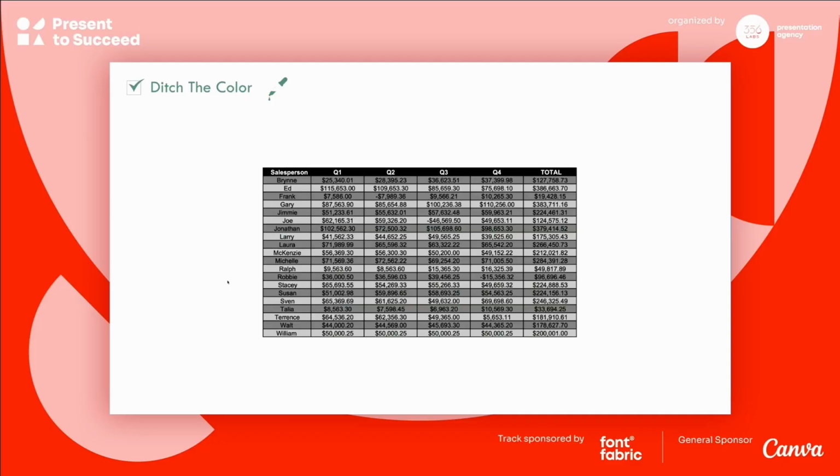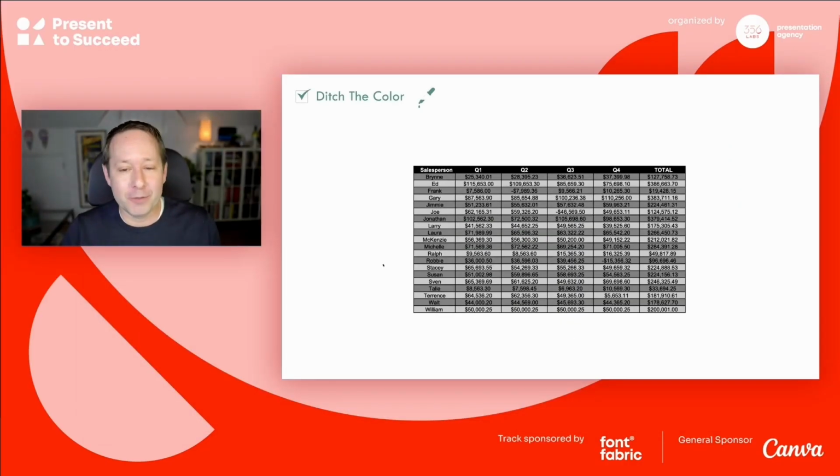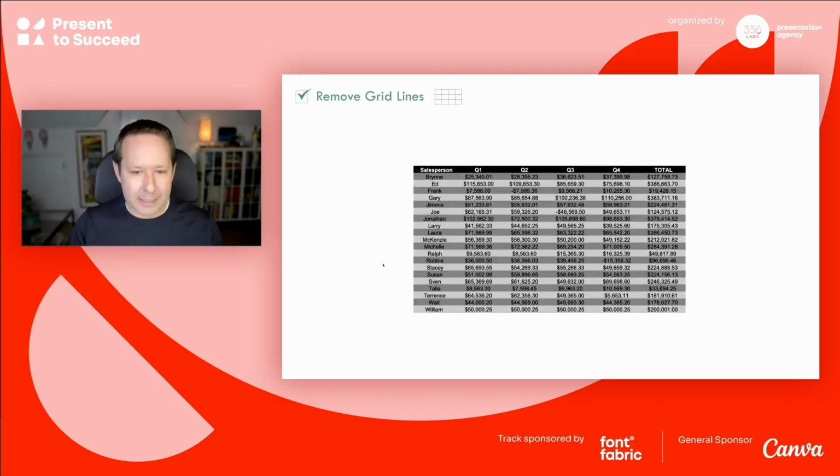Next, please get rid of those grid lines when you can. These heavy, thick grid lines are grabbing your eye's attention. They're drawing your focus, and you're not able to look at the actual data, which is the meat here. That's the heart of this table. You want to look at the numbers. You don't want to look at this table junk, this table clutter, which is all the lines. So really try to get rid of those grid lines. You don't need them to differentiate the cells. Stay with me. We're going to show you how to do that.